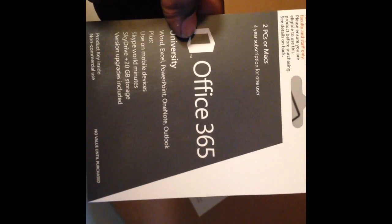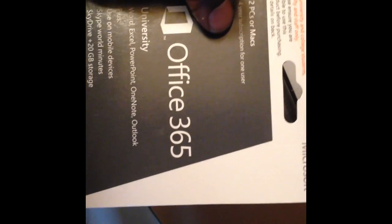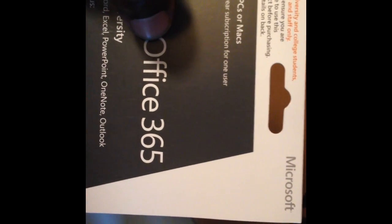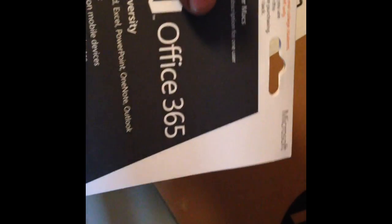this software separately, knowing that the vast majority of students and offices are going to need this. But the way they sell it now, they don't even give you discs anymore because of the Chinese piracy of their software. So now when you purchase Microsoft Office, you pay $89 for this version, Office 365, and it allows you to download it onto two PCs or two Macintosh computers, and it has a 4-year subscription for one user. And I'm guessing at the end of that subscription, you probably have to,